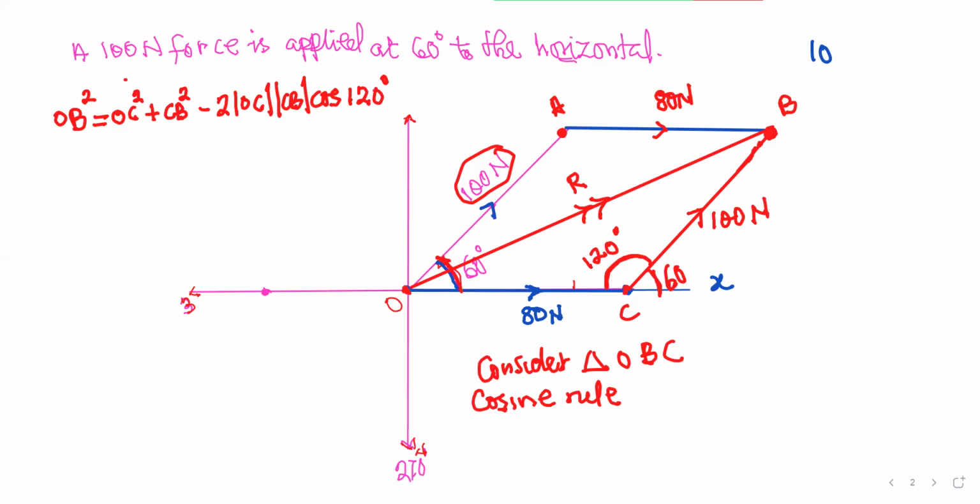Okay, so in that case, start work. Help me calculate OB. We have values for OC and then CB. Help me find the value of OB. Class, mute yourselves now. Start work.